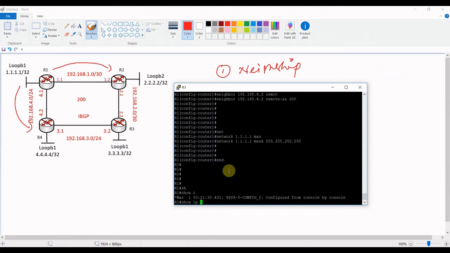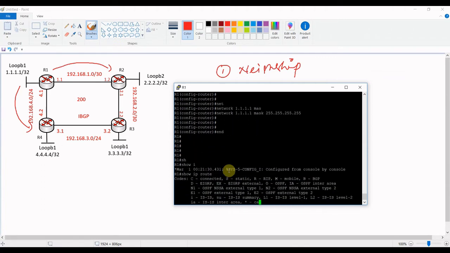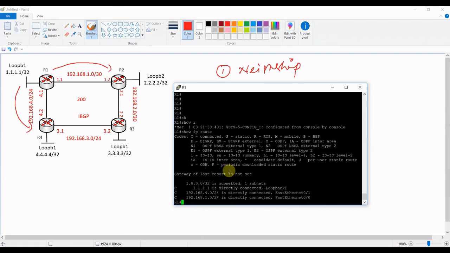So let's see the routing table. See, we have the network 1.1.1.1 already present in our routing table with the same /32 subnet. If this is not present, then you cannot advertise the network in BGP. So make sure that you have this, okay.